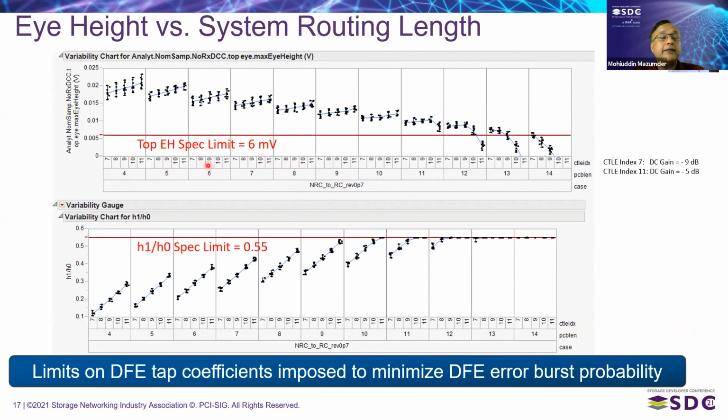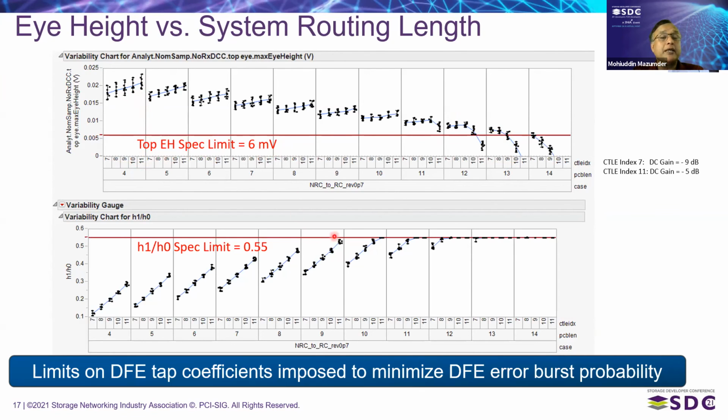The CTLE index here is shown by exhaustively sweeping the indices that correspond to various CTLE curves defined in the specification. And wherever the maximum eye height is obtained is considered the optimal and achievable. So what this red line shows is the spec limit. For a passing condition, eye height needs to be higher than that. So we can see about 13 inches is where we can achieve some positive solution, which is higher than 6